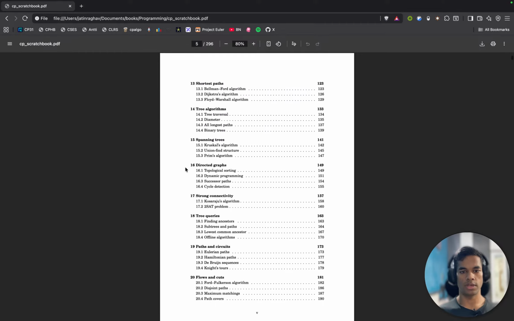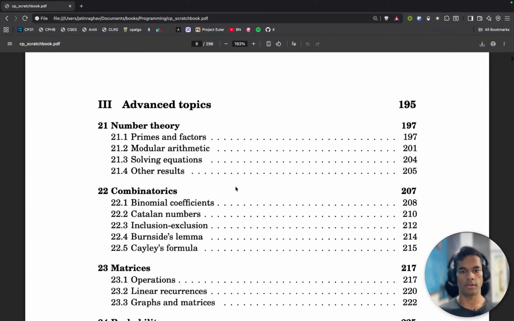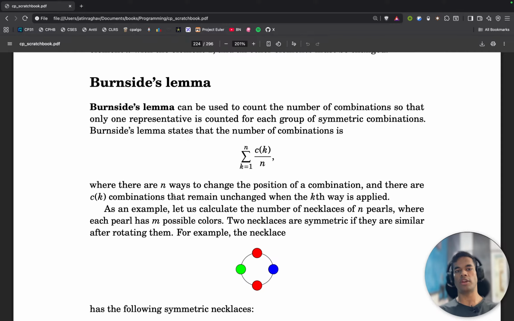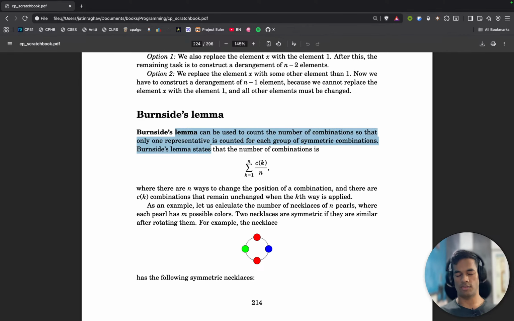And we have to do combinatorics. Burnside's lemma. Yes, yesterday we saw about symmetry, that there is a set of configurations called S, and then there is a set of symmetries of transformations G, and that set G has transformations, and those transformations are also called symmetries. Why are they called symmetries? They are called symmetries because after applying those transformations on any of the elements on the set S,